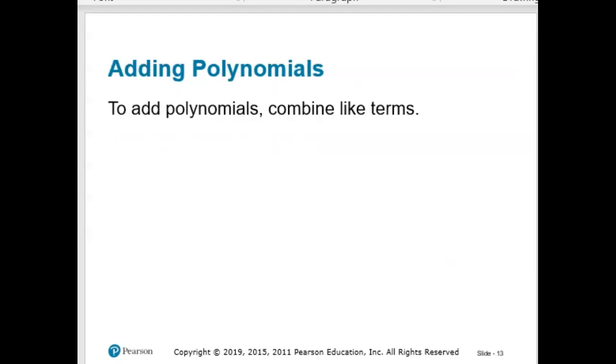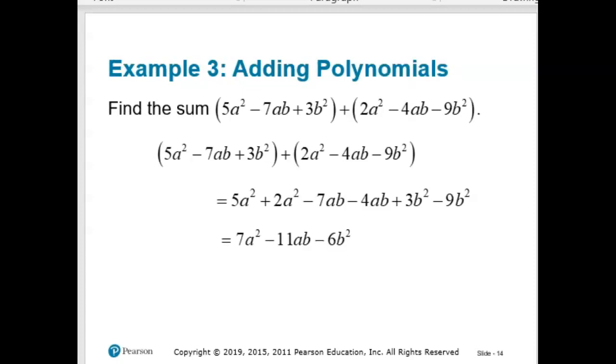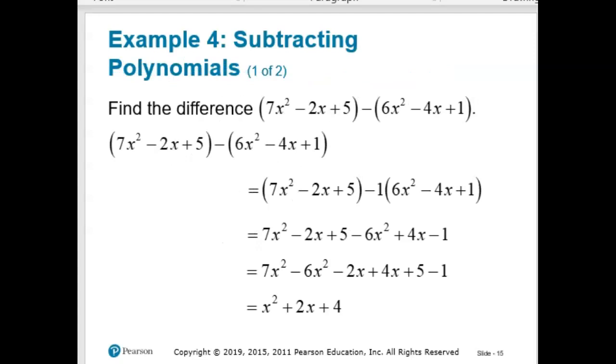When we're adding polynomials, we add like terms. When we're adding polynomials that have parentheses like this, when you're doing addition, it's really key. When you're doing addition, you can just remove the parentheses and start combining like terms. However, if you're doing subtraction, you need to make sure to distribute that subtraction throughout the second set of parentheses